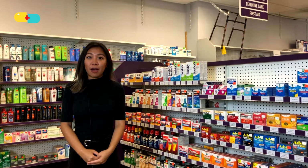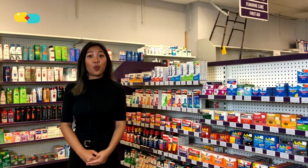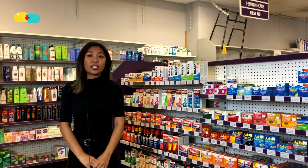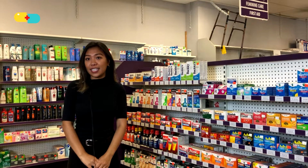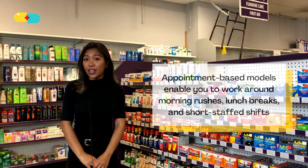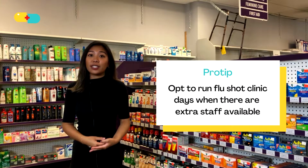With an appointment-based model, your flu shot schedule is entirely within your control. You decide when these appointments take place and how long they last. Depending on your pharmacy's workload or preference, you can choose to limit these flu shot appointments to specific hours of the day or to specific days of the week. This enables you to accommodate for a morning rush, lunch breaks, or the evenings when you have fewer staff available. You can also opt to run clinic days when there are extra staff to help you conduct more flu shots